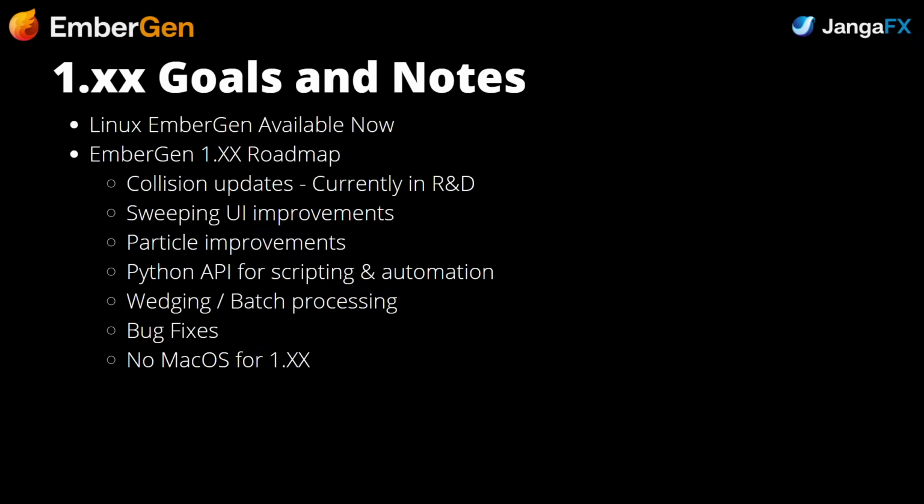EmberGen. So basically 1.0 and forward updates and kind of our goals. If you didn't know, the Linux EmberGen is available right now, and you can grab that from any download page on our website. And we support quite a few Linux versions, which is pretty interesting. And then for the roadmap,